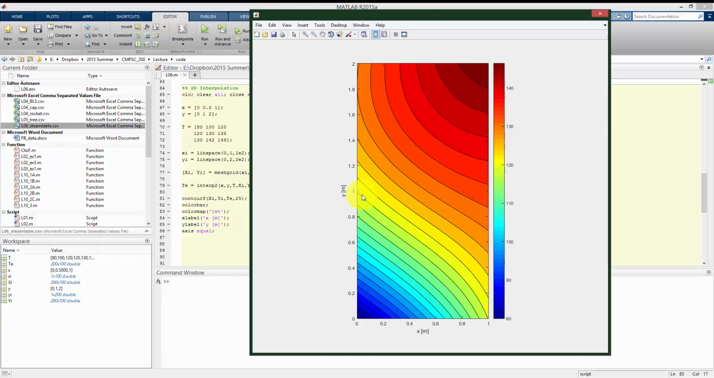So now it looks like what the plate would look like to scale, and now the temperature field that's on top of it is also proper to